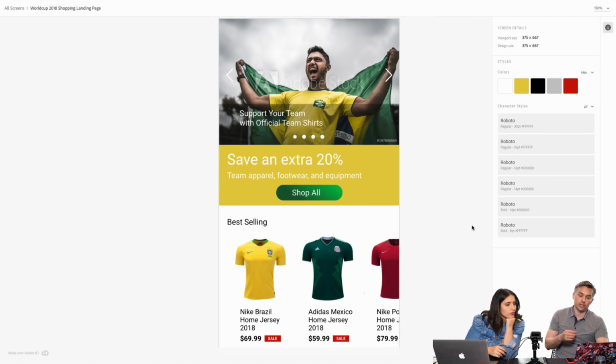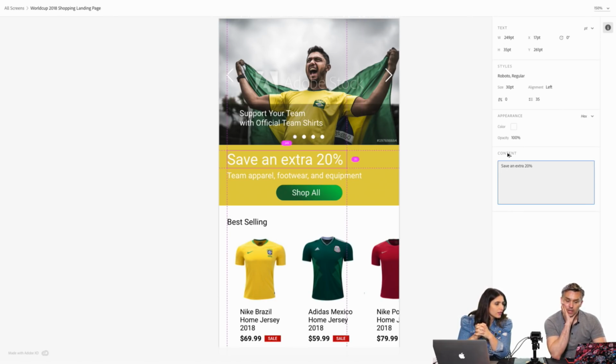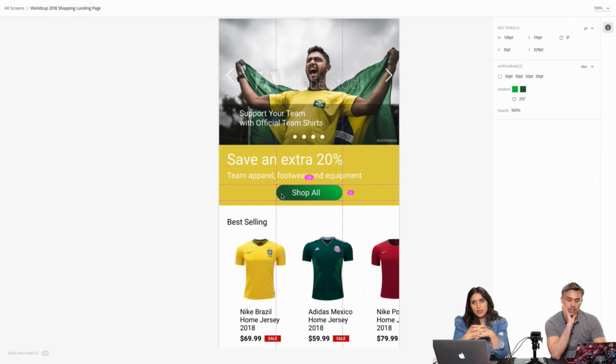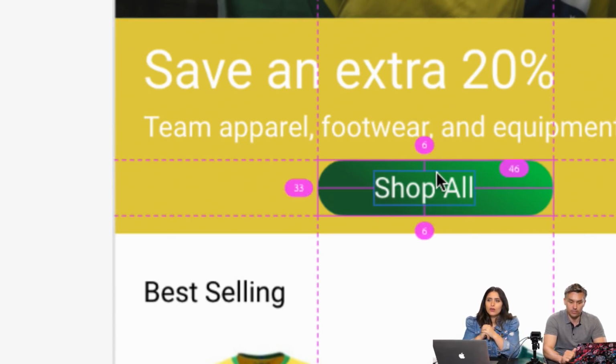This kind of shows everything, and you'd always do an overlay just for developers still, so you can still use the screen, but this is nice. As I select this text, I get the content, colors, styles, all that stuff. And if I roll over with that object selected, rolling over the outside, I can see that's 119 pixels from the edge, 79 from the top for this element. Cool. So this could be centered.